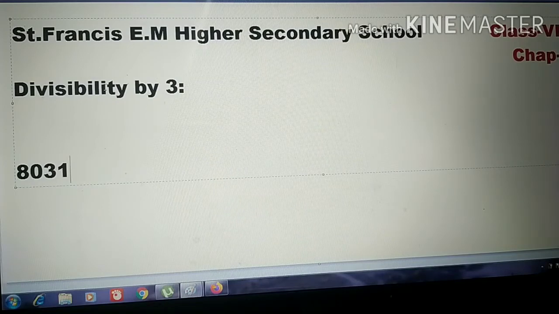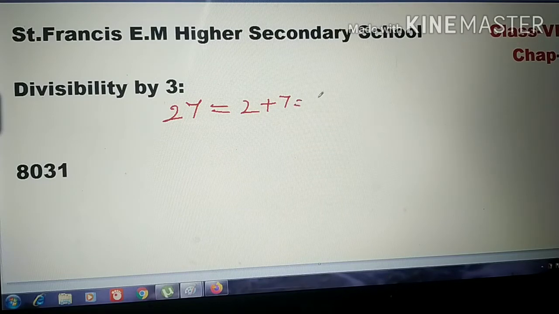So to test the divisibility by 3, how can we find this? If you take a small number, see this one, I am taking 27 here. By observing this number, we get it in the 3 table, so blindly we can say that this is exactly divisible by 3. If there is any connection, if you add these digits, what do you get here? 9. This is also exactly divisible by 3.